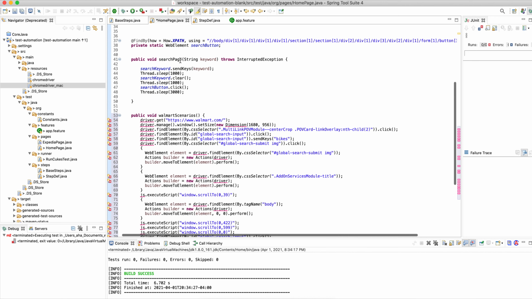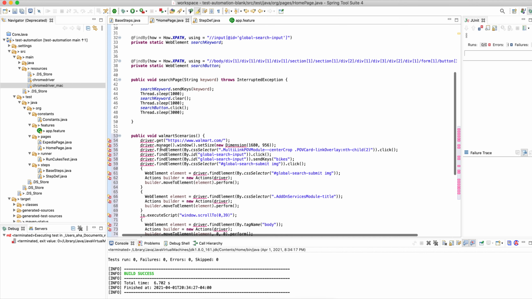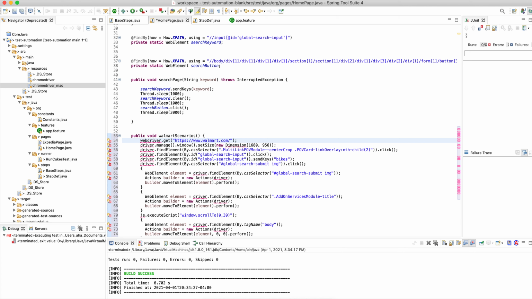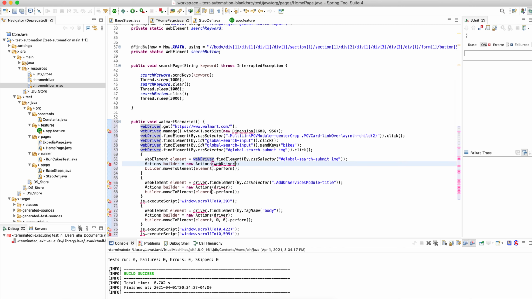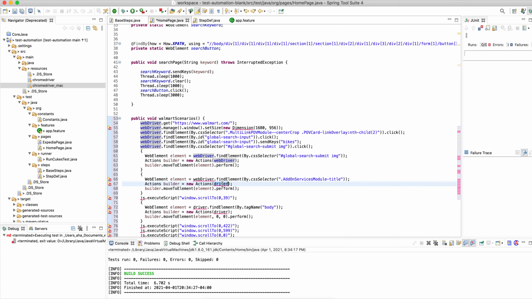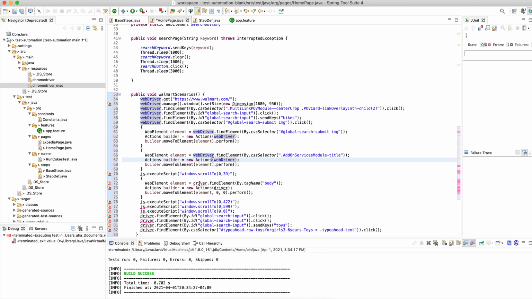Okay, so instead of driver we are using WebDriver. Just change the name. This is so cool. We can write our code faster.